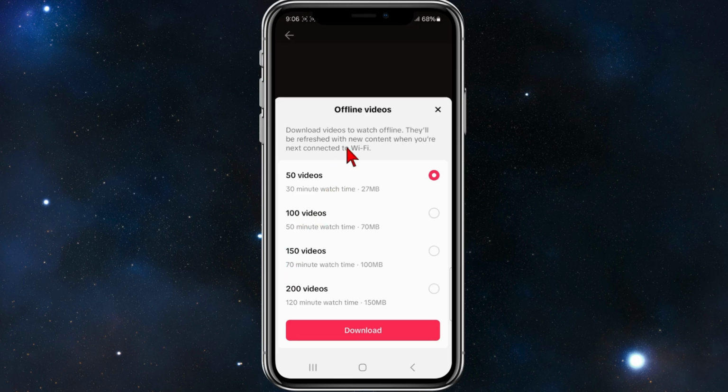So you've got a few choices here. It says here, download videos to watch offline. They'll be refreshed with new content when you're next connected to Wi-Fi. So if you want to do 50 videos, select 50. If you want to do 100, 150, 200, etc., select the amount of videos you want to be able to watch offline. So if you want to do 100 videos, which equates to 50-minute watch time, go ahead and click